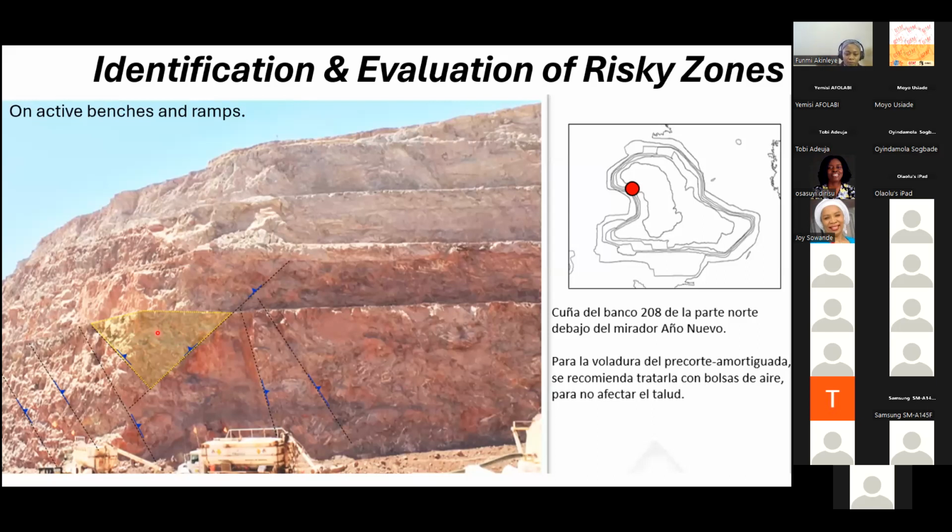And so I did this risk analysis and we had to inform everyone in the mine so no one would be here on the night shift. And we waited until it actually fell because there was a blasting happening in that zone. So we knew it would fall soon anyway. This is one of the things I did.